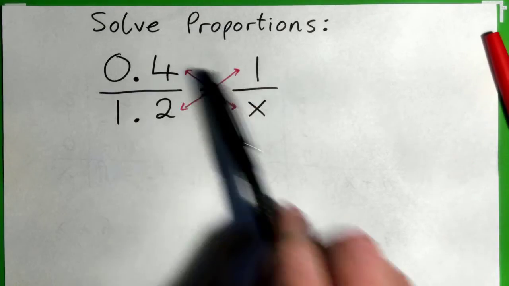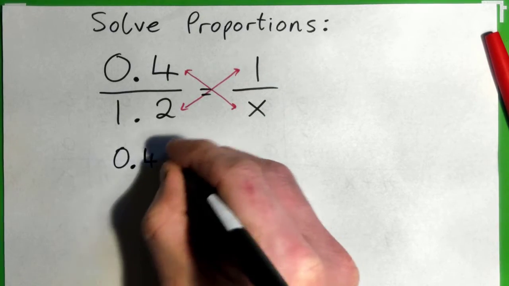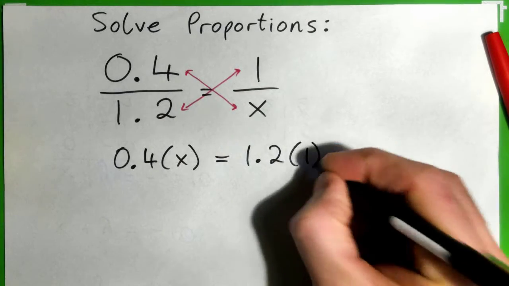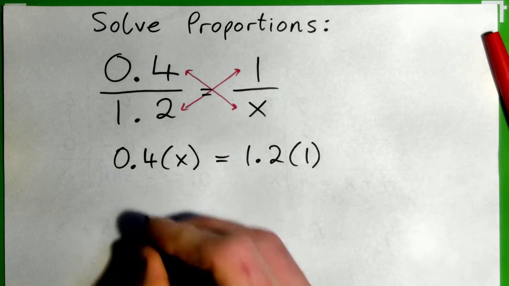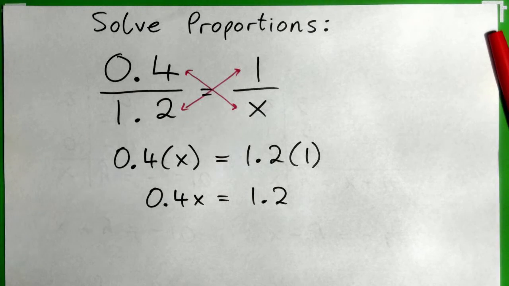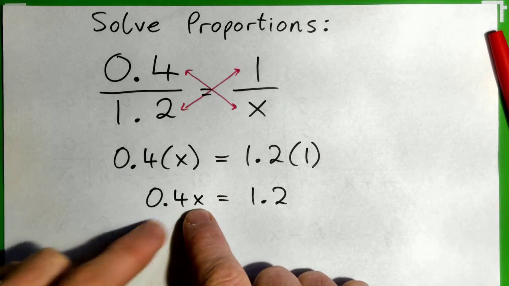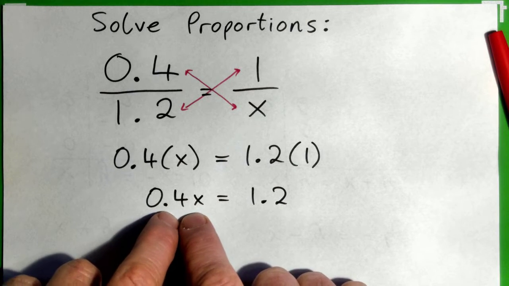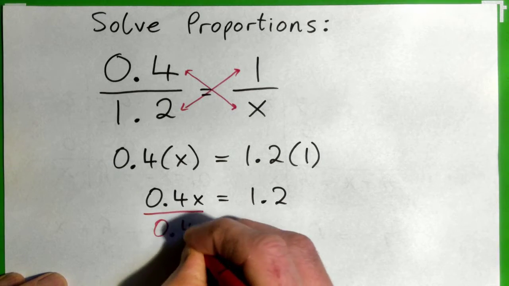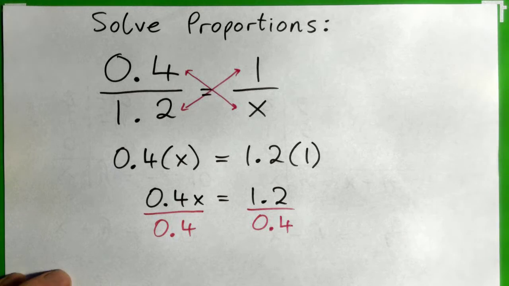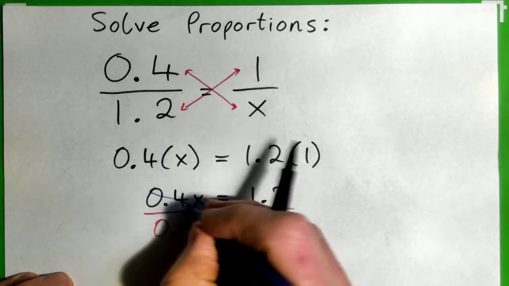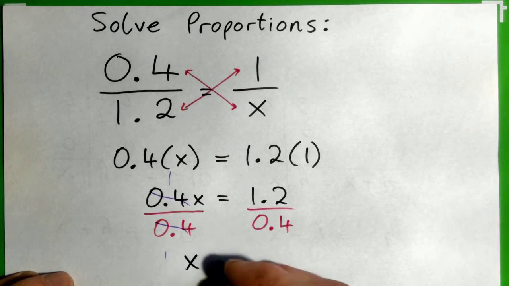So this times this, 0.4 times x equals this times this, 1.2 times 1, right? And that can also be written just 0.4x equals 1.2, right? So we've got to solve for x, and x is being multiplied by 0.4. So to get x on its own, we need to divide by 0.4, right? And so now on the left, the 0.4's cross cancel, and you're left with x equals 1.2